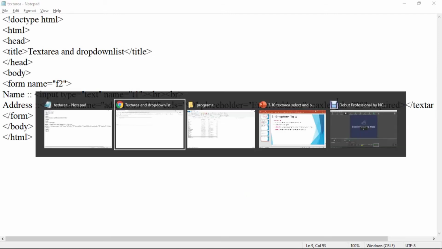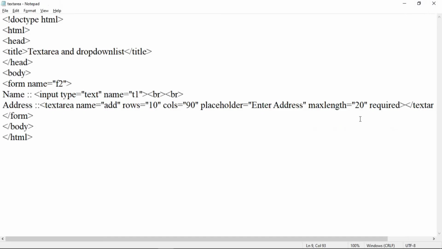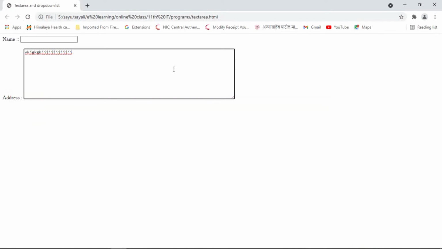Save this program, Alt tab, and now refresh the page. Let us add characters here. So after 20 characters, input will be restricted. So in this way we can use a maxlength attribute. Placeholder is to provide a hint for the user. Required is used to specify that this is a required field.